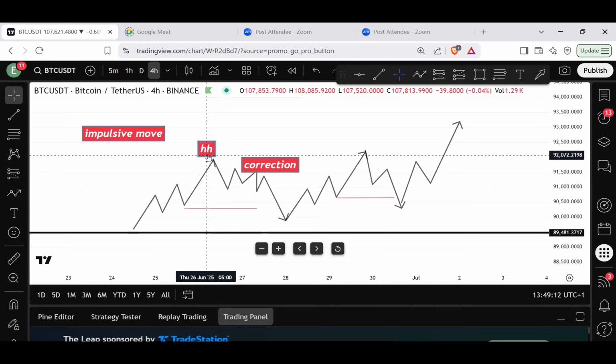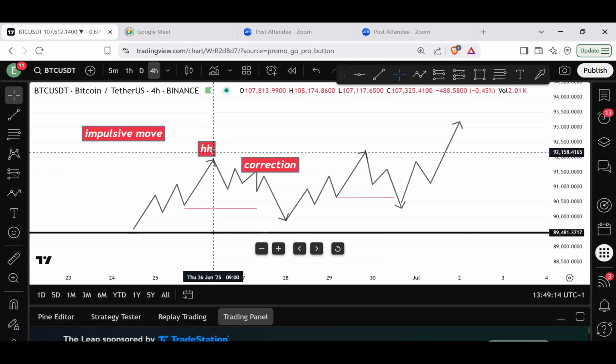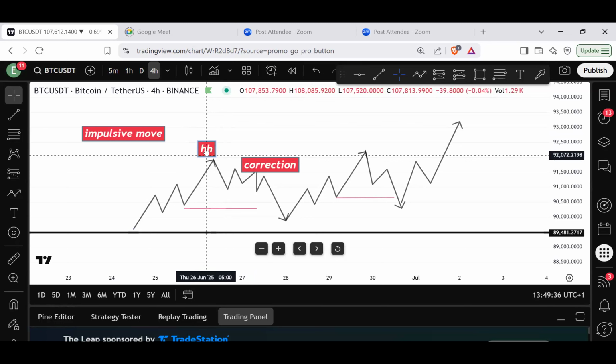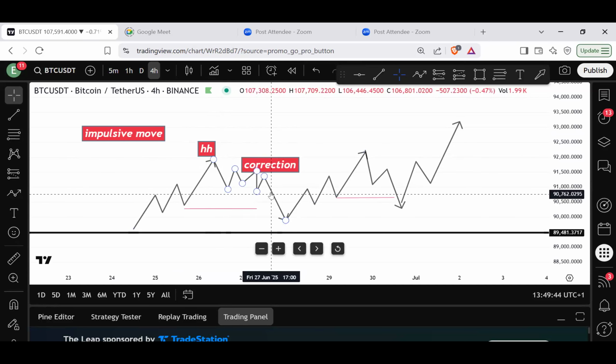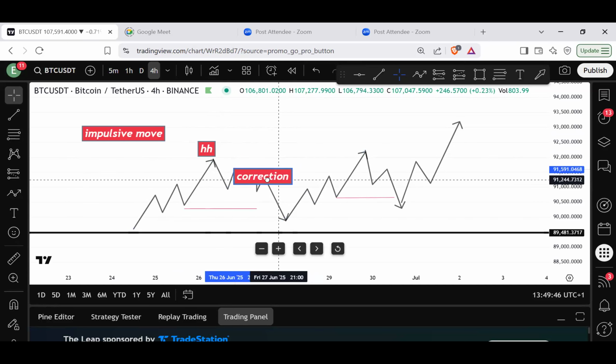So earlier, I used to consider all the pullbacks as higher low, higher low, higher low, and the point of impulse as higher high. Those ones are just minor higher highs. This is a major higher high. Once the end of the first impulse, that's the high, then after this correction happens,